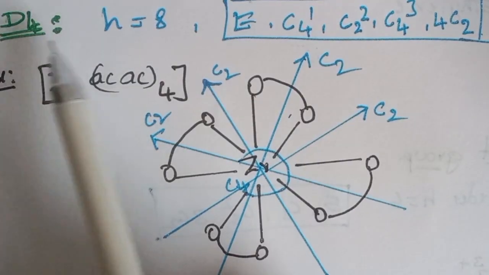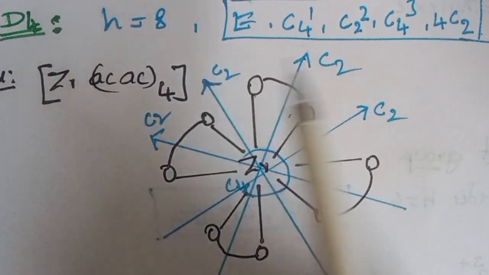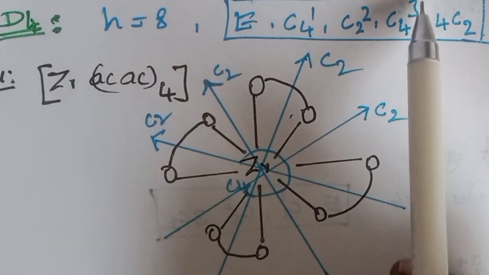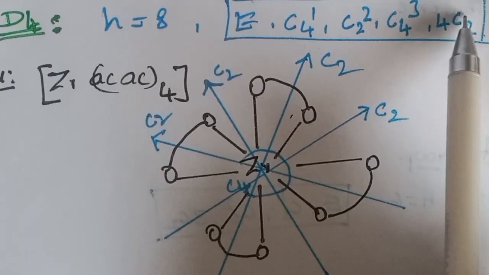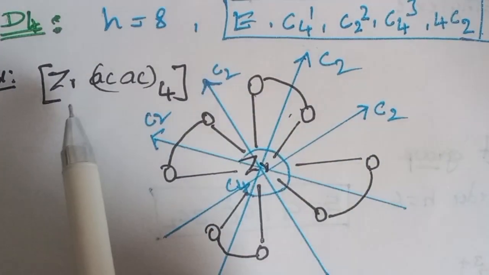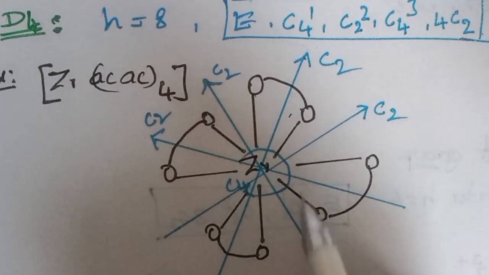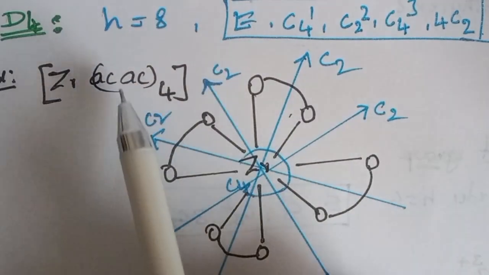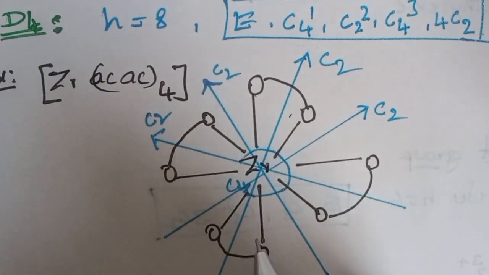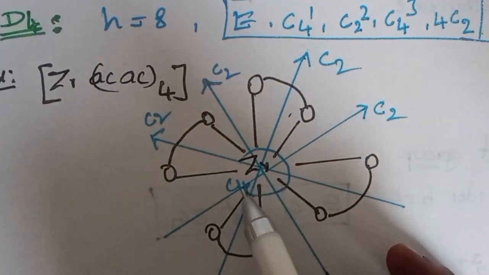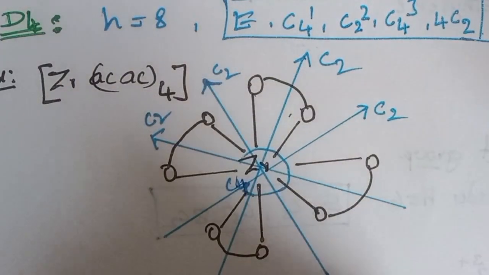And the D4 point group, order is 8 and the possible symmetry elements are E, C4¹, C4², C4³ followed by 4 C2s. The tetrakis zirconium complex is the example. So around the zirconium metal ion, acetylacetonate rings form like this, 4 rings, right? So the possible rotational axis is C4 and